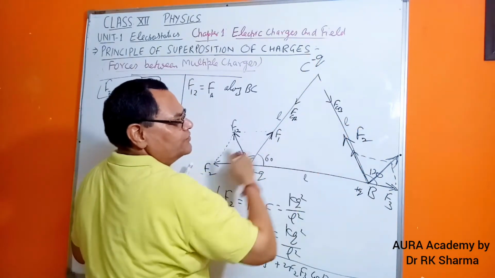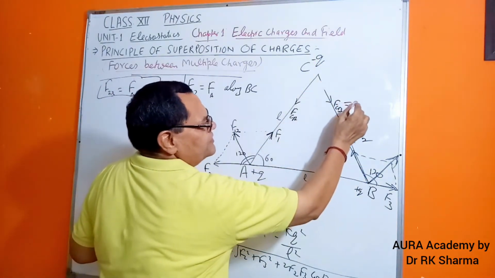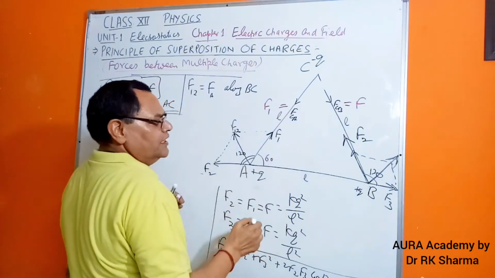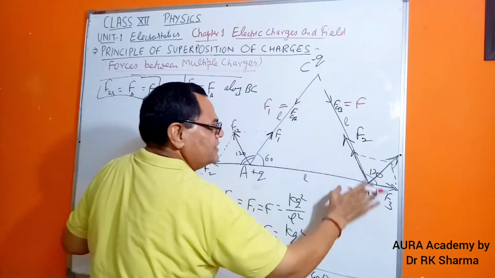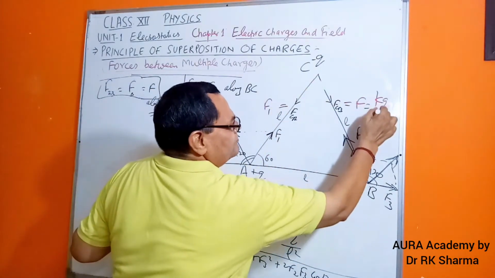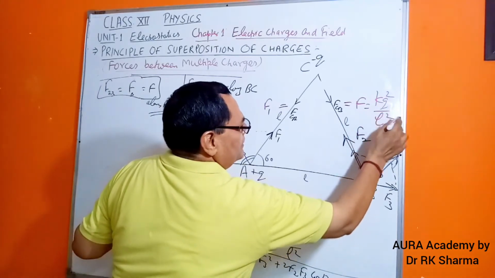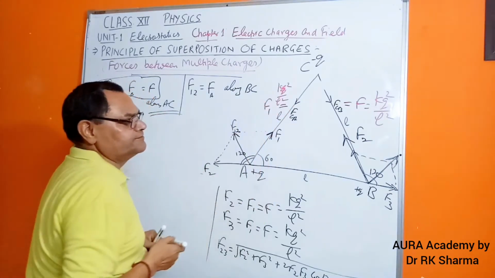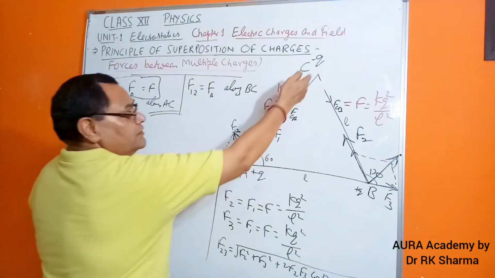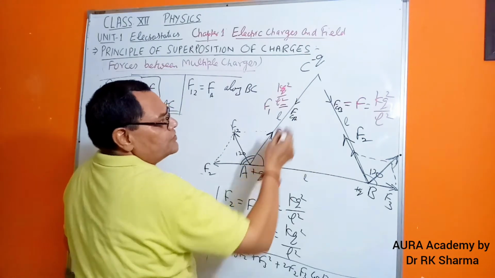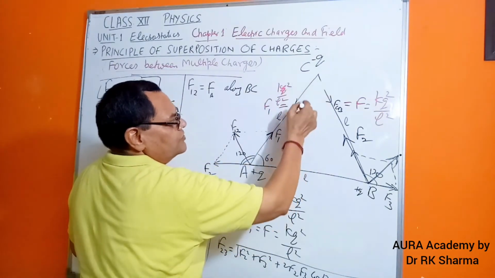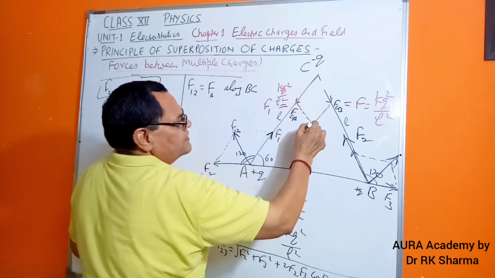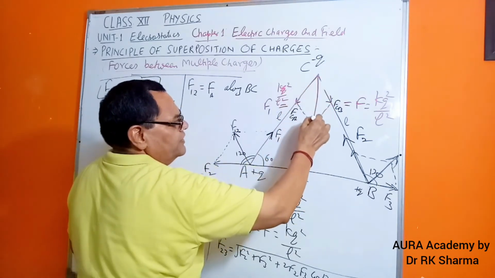Alright, but don't you think the force is numerically known to us, that is equal to what? F1 or F2 or F3. So basically speaking, there is no need of wasting time. It is numerically F, this is also numerically F, because the charges are the same, lengths are the same, and these values are nothing but simply, remember, KQ square by L square. Here also KQ square by L square, but these are only two, not the resultant force. So resultant force will be what? The vector addition of this. Suppose we consider this is one force here till this. So now you will see the resultant of these two will be in Y this way.